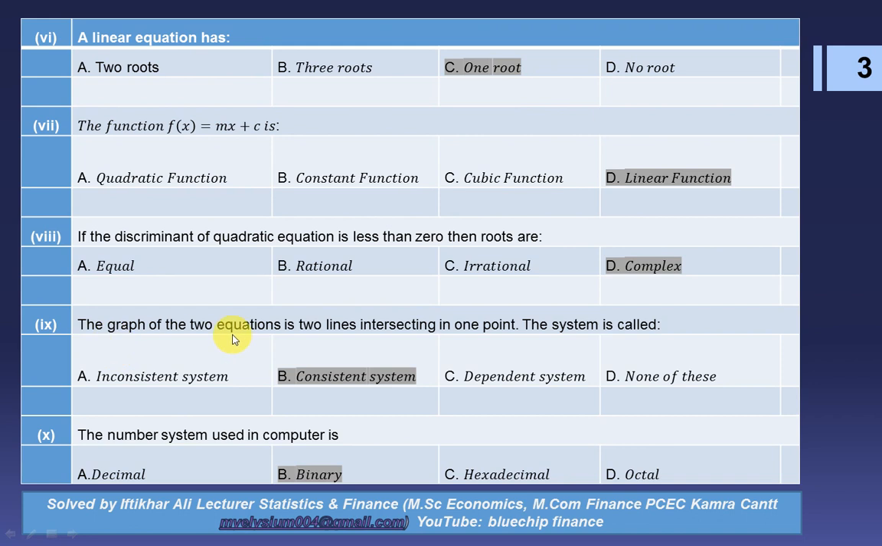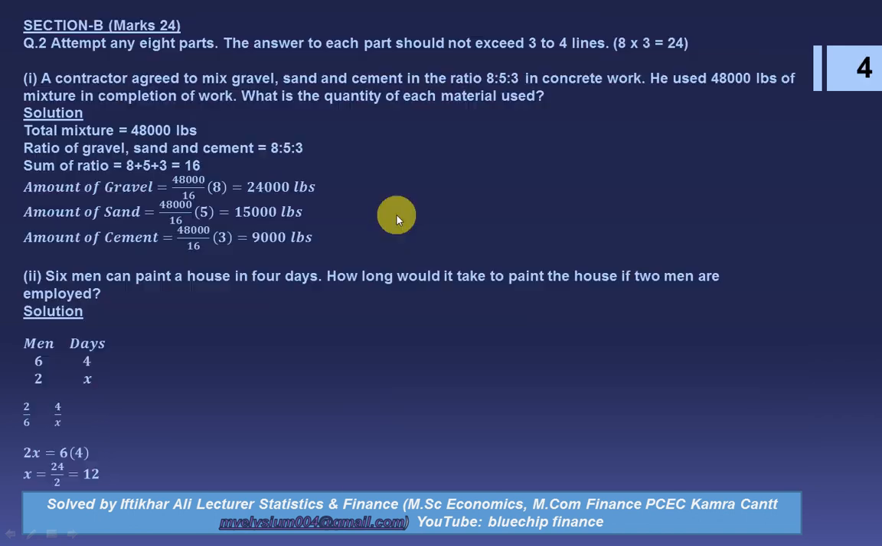The graph of the two equations is two lines intersecting in one point. The system is called a consistent system. The number system used in computer is, correct option is binary. Now we move to part B of the paper,